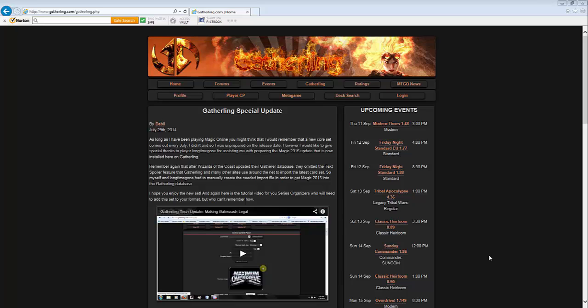So Gatherling uses the Wizards Event Reporter algorithm to make pairings for each round, and it is basically a very convenient tool for players and tournament organizers alike in order to get all the information that they need for